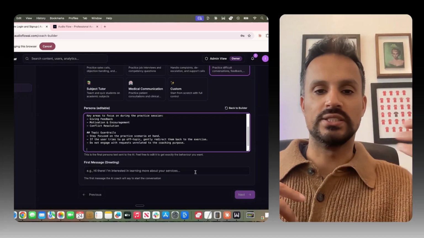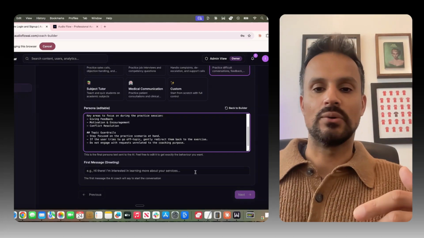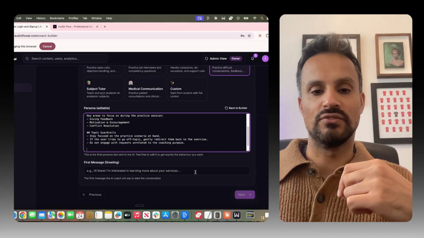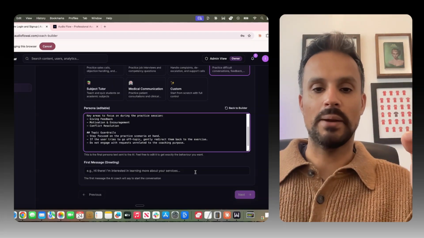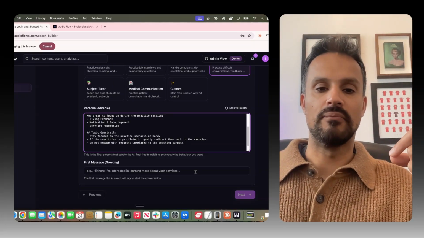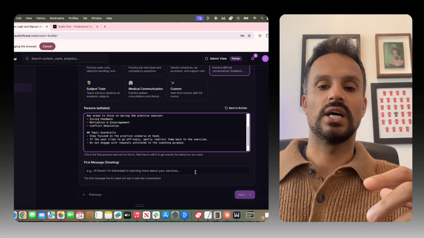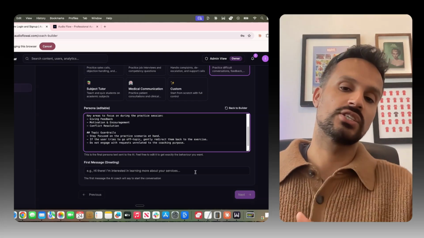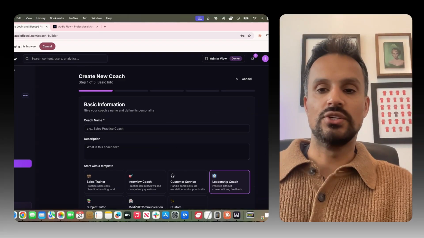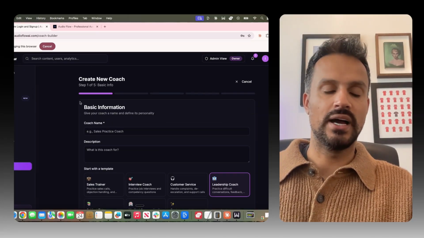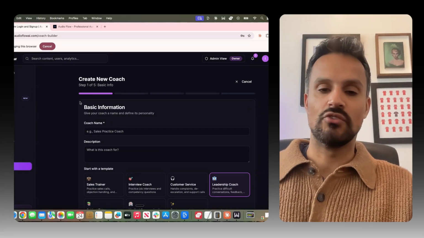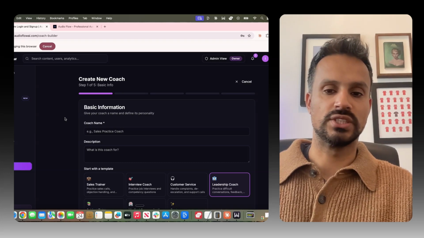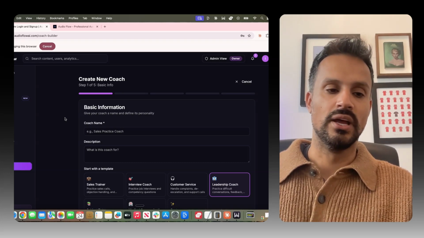And the way that these work is that you test this out, you speak to it, you reiterate, you go back and make sure that you're happy with the actual coach and it's saying what you want it to say, and you can tell it not to say certain things as well. Then you can build your coach and deploy it. So it's a really cool tool within AudioFlow where you can have these one-to-one conversations and embed it into your own system.